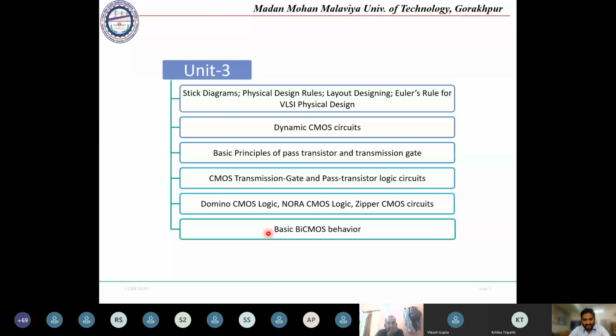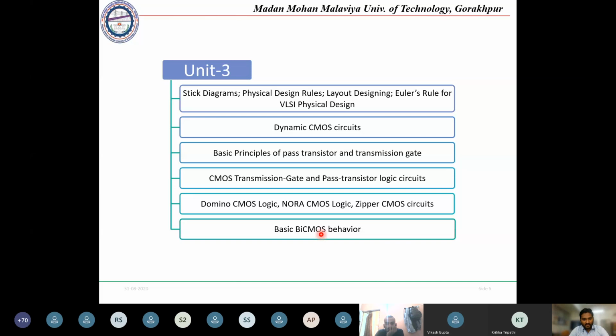The next is BiCMOS behavior. Here, BiCMOS, we have studied CMOS, and in the first year you have studied the BJT, that is bipolar junction transistors. So this BiCMOS is a combination of BJT and CMOS.